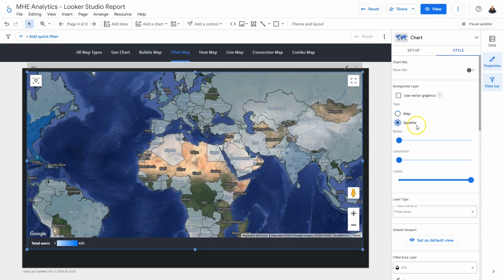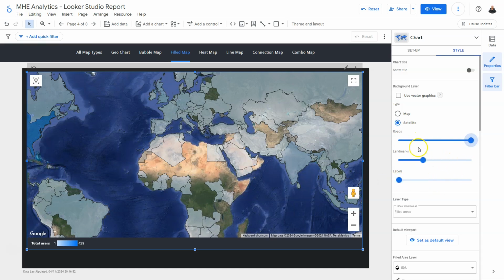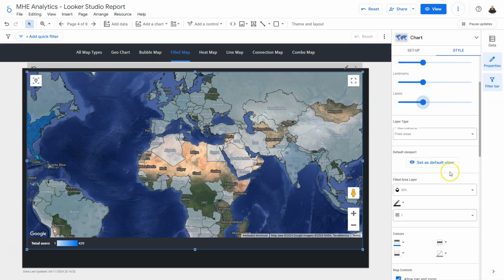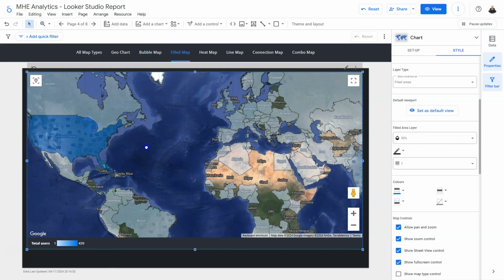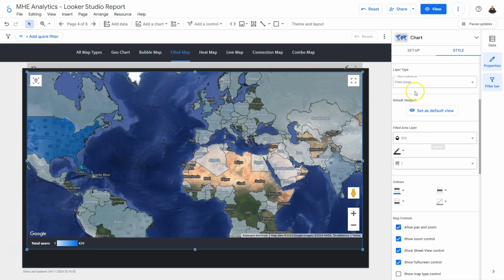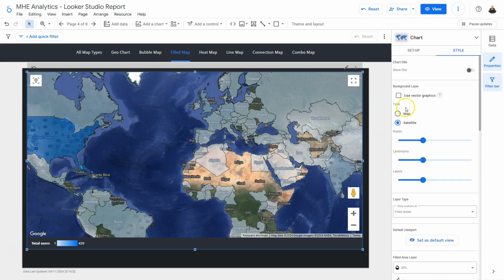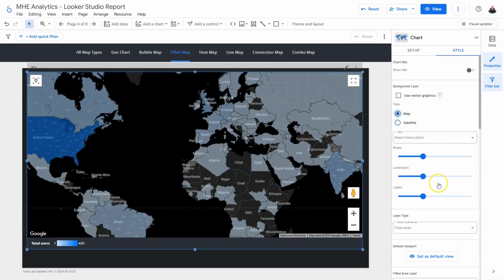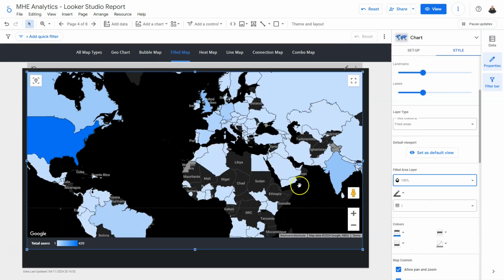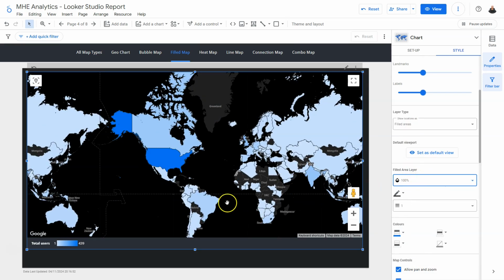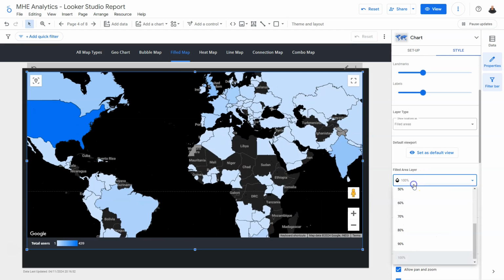There's also the option to have a satellite map, and within the satellite map we can remove roads, add roads, labels, landmarks, depending on the level of detail that we want. We can also decide how opaque we want the filled area. So I'm just going to go back to our dark theme to show that a bit clearer. So for example, this is what 100% filled looks like, and this is what